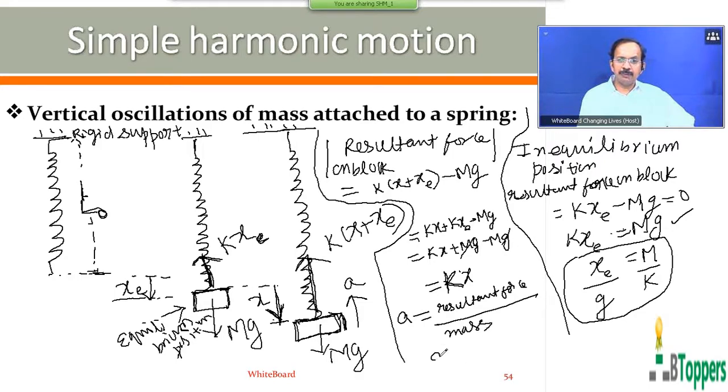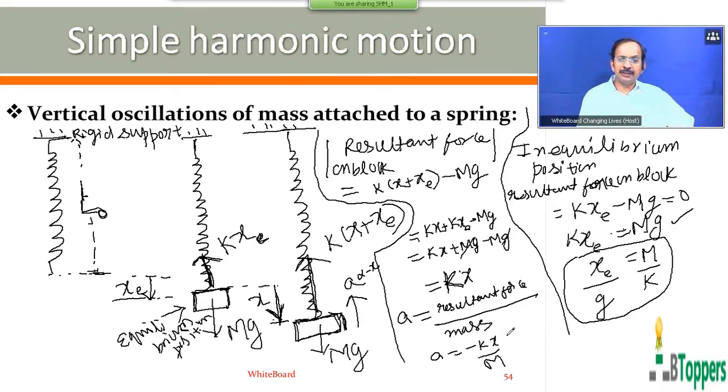So the resultant force on the block can be written as minus kx in this case, because it acts opposite to the displacement x from the equilibrium position. You can observe that the instantaneous acceleration of the block is proportional to the displacement x of the block from its equilibrium position, but acts opposite to the displacement of the block from the equilibrium position. Therefore, the block performs simple harmonic motion.